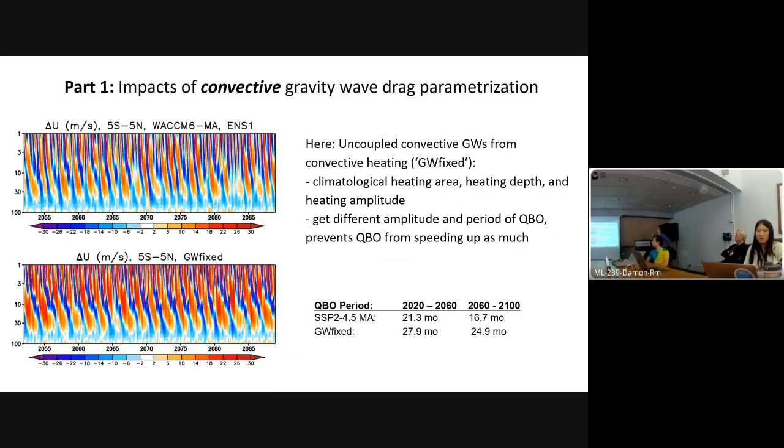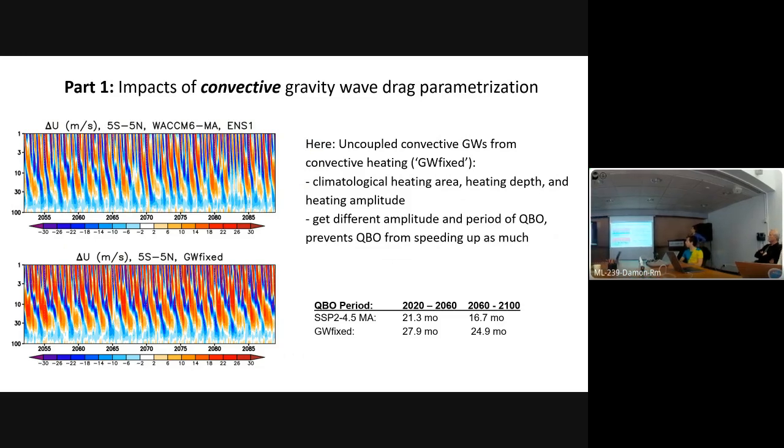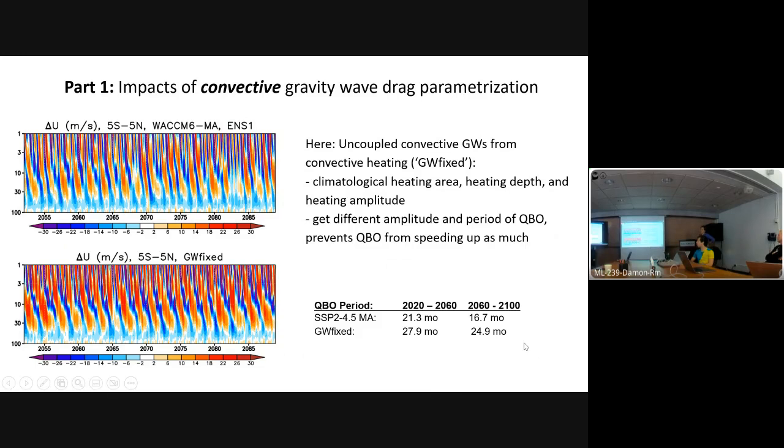In particular, we prescribe climatological heating area, heating depth, and maximum heating amplitude. As a result, we get a larger amplitude of QBO and a longer period of QBO. We also prevent the QBO from speeding up as much as in the standard WACCM version. There's still a little bit of speeding up, but it's smaller than it was in the